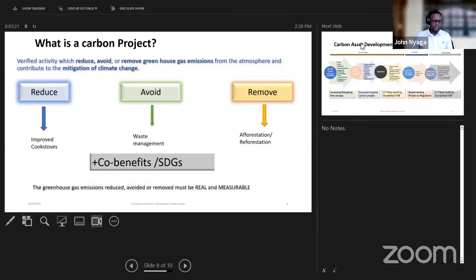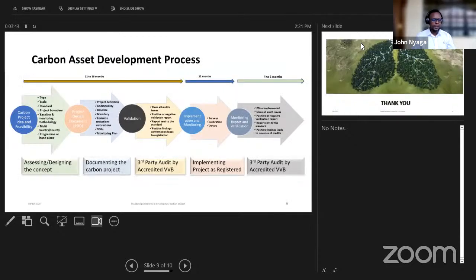Now going to the next, as much as you want to do all these activities, one key component for a carbon project is that it must be real and it must be measurable. Simple as that. You will see there is quite a lot of back and forth, measurement and monitoring that are key, or that define a carbon project. And here I have a loaded slide, sorry for this, but we are going to work on it together.